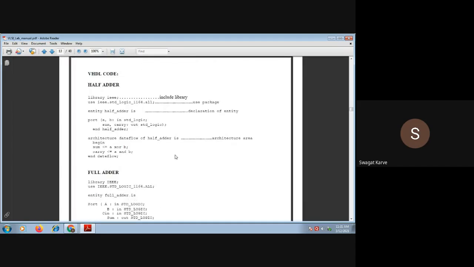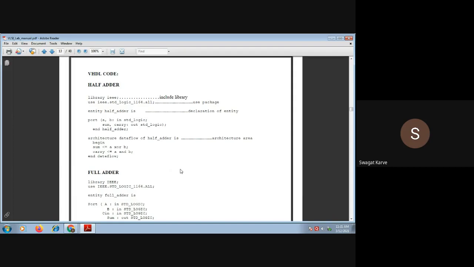Now here is the code. Now we are going to discuss how to write a VHDL module for this. First, as I told you, any VHDL code, whether it is sequential logic or any style of modeling that you want to use, has a fixed structure.